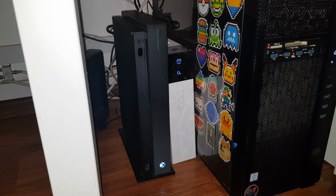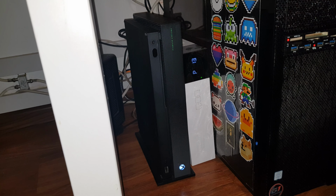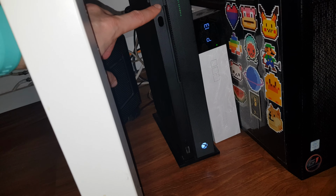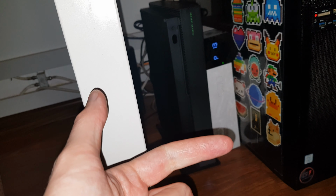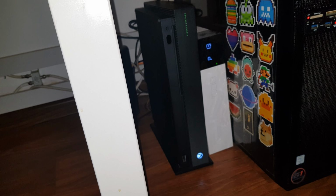First, you have to power off your console. Once it is powered off, press and hold the 1, 2 and 3 buttons together. Press and hold them until you hear the first beep and the second beep. After you hear the second beep, release the 3 buttons and look at your